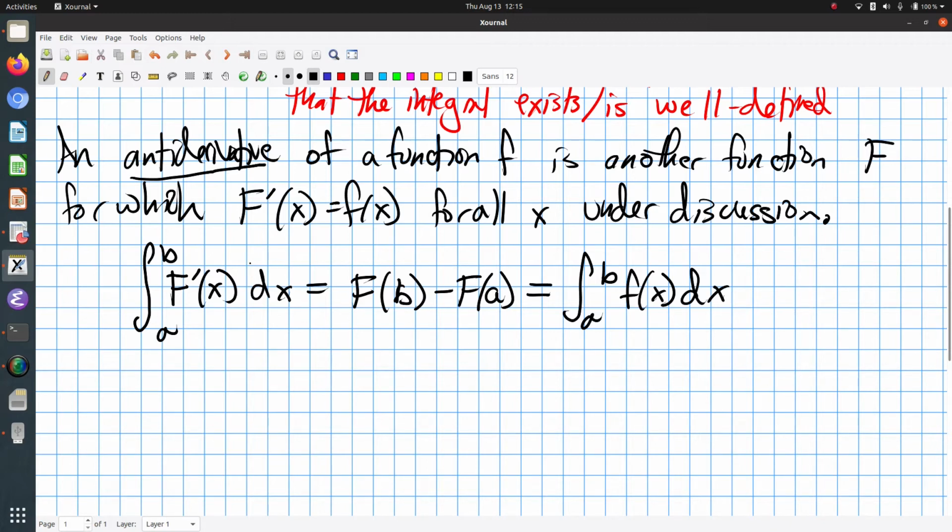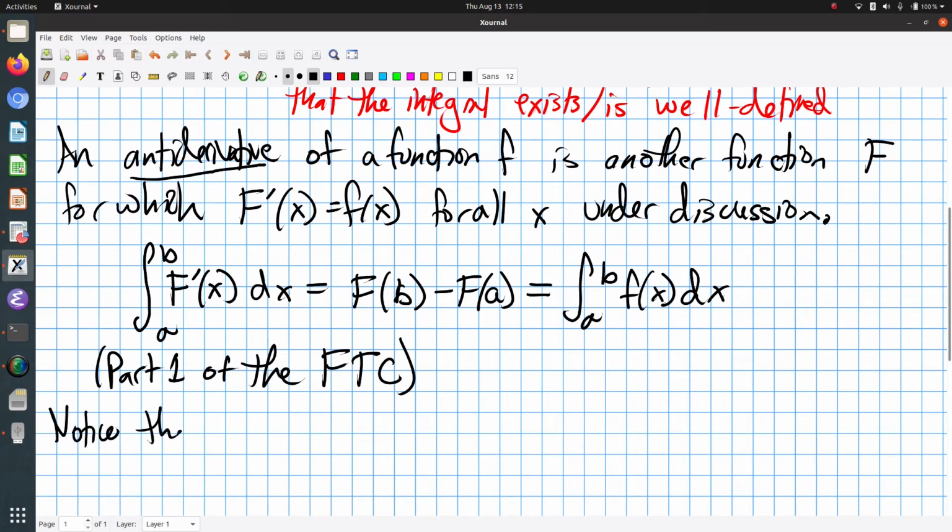So this is the first part of the fundamental theorem of calculus, just rewritten a little bit. Now, one thing that you can notice right away is that I could rewrite my antiderivative. So notice every antiderivative is of the form